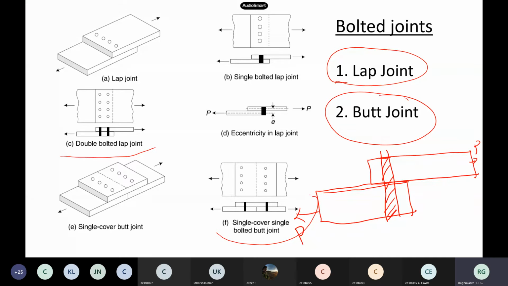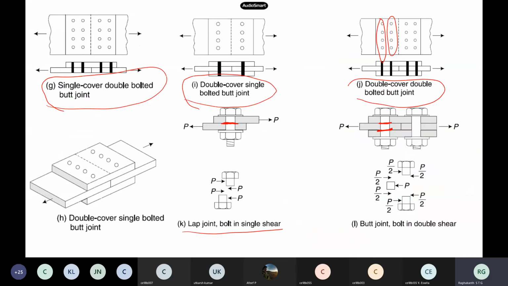Now what will happen if the grip length increases, or the thickness, whatever you see, is increasing? Essentially it happens in the butt joints. Now when the grip length is increased, what happens? What is it that you see here? This portion is increasing. So when grip increases, what will happen? A larger portion of the bolt will have to face the stress.